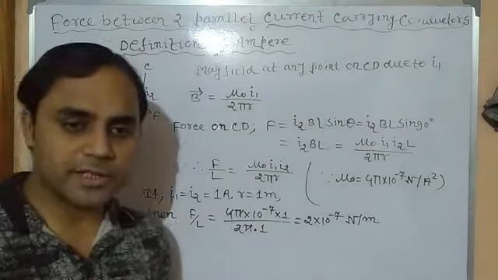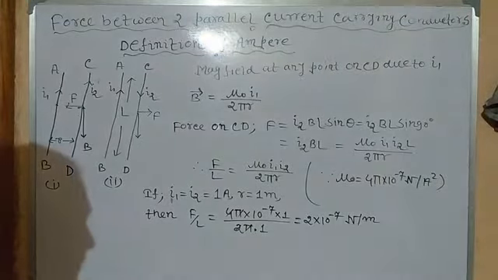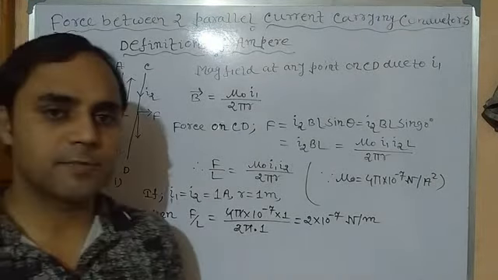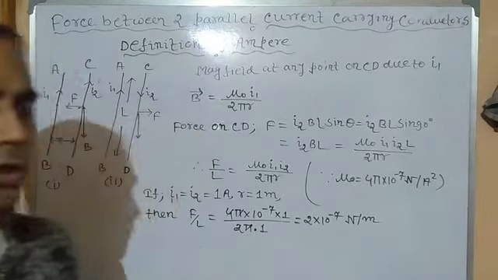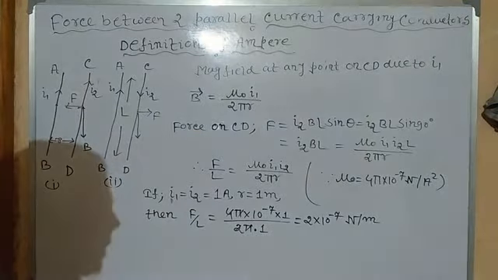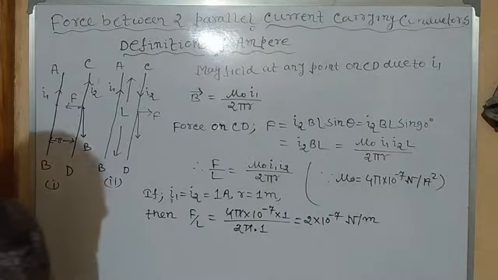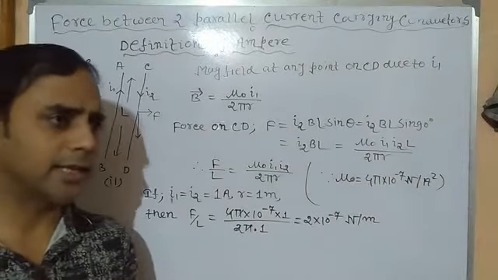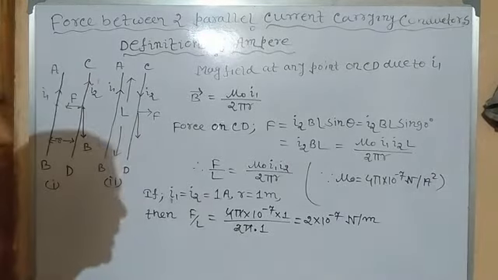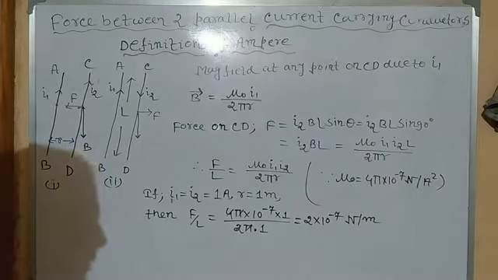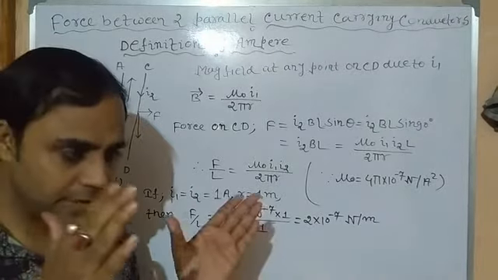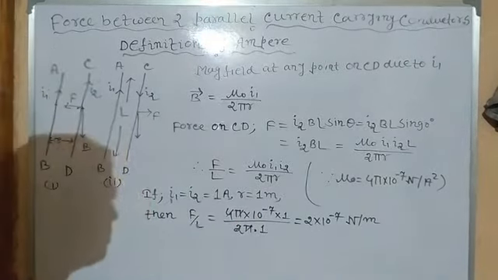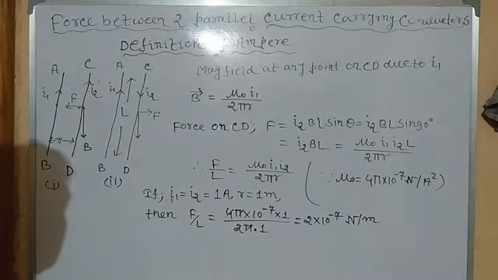So students, now we will see the force acting between two parallel current carrying conductors if they are placed very near to each other. Previously we saw the force acting on a single current carrying conductor placed in a magnetic field or on a single moving charged particle. But now we will see what will happen if two parallel current carrying conductors of equal length carry two different magnitudes of current and are placed very near to each other. Obviously they will experience some force, clear?